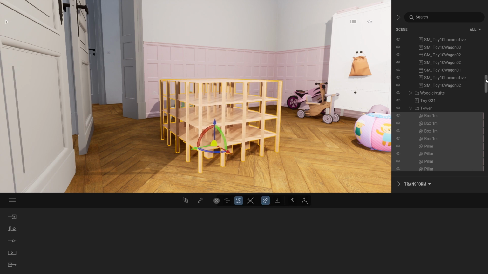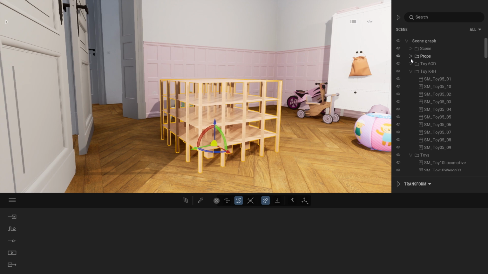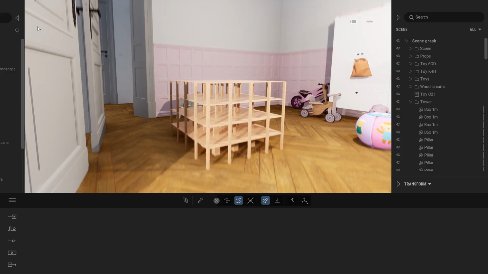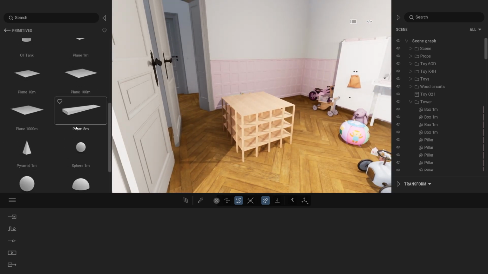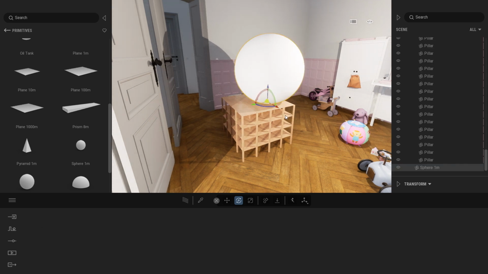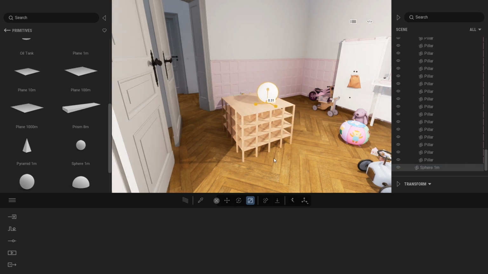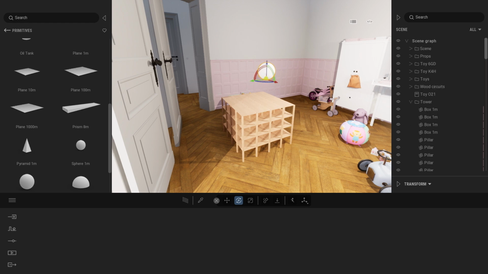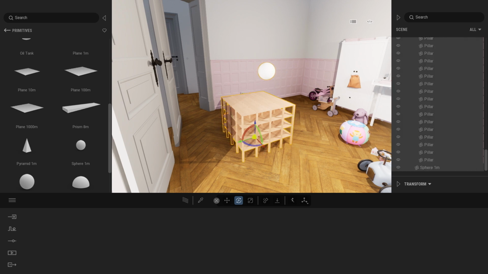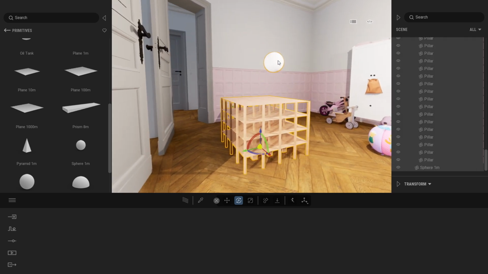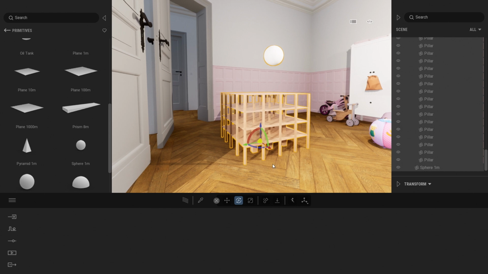But let's, for fun, maybe just close everything first. What I will do here is just open the scene graph, object, primitive, and I'm going to take that simple sphere and place it over here. I'm going to scale it down so it's a bit smaller, placing it up in the air. Here, same idea, I'm going to select everything in my tower, including that sphere. I'm going to press physics and that sphere will actually fall and let's see what happens.